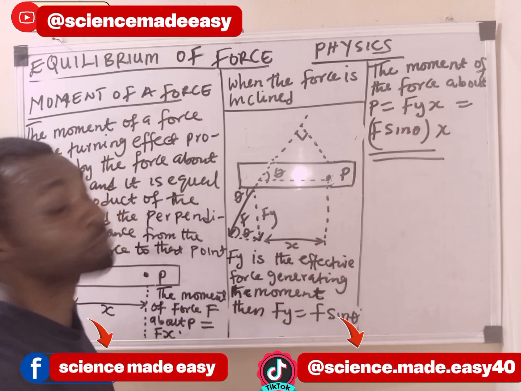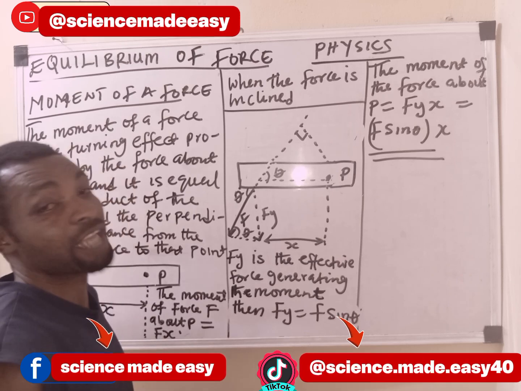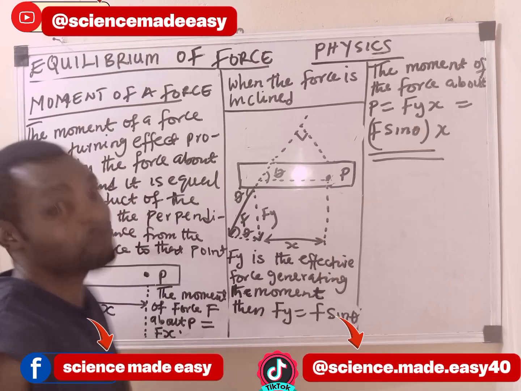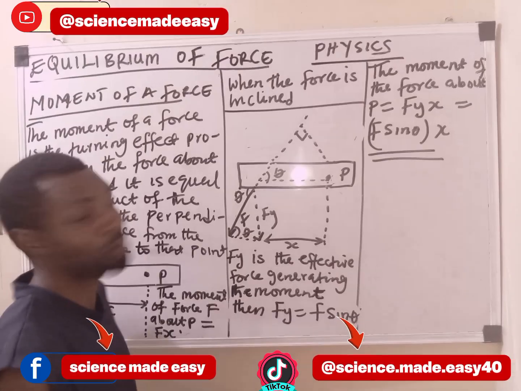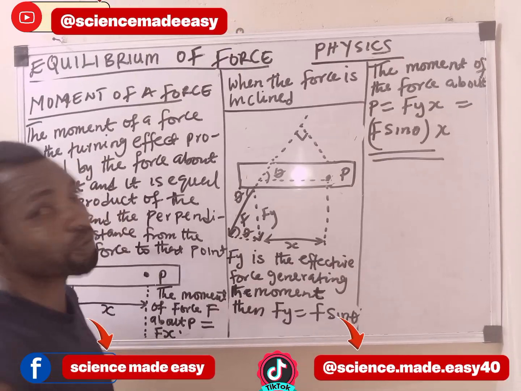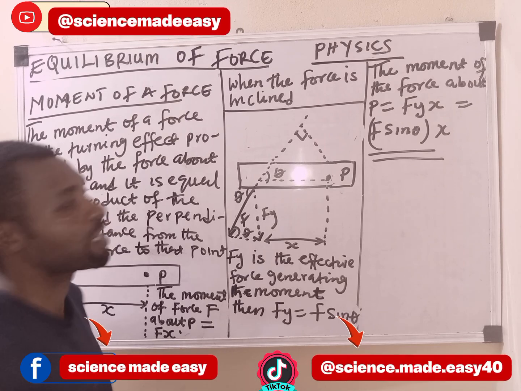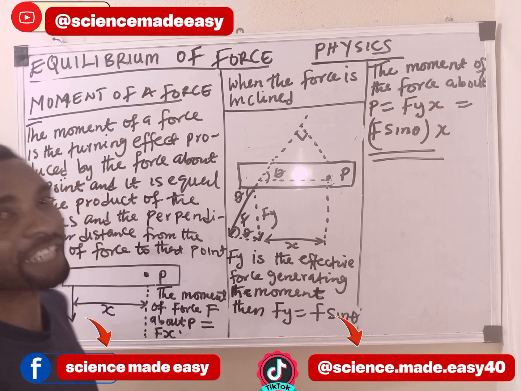So when it is inclined to a particular angle theta, it is F sine theta multiplied by the distance, because the effective force creating the moment about that point is the vertical force, which is the force along the y component. That is why we are using Fy. So know it, when it is inclined to an angle